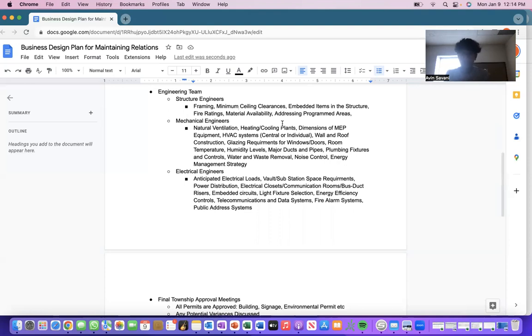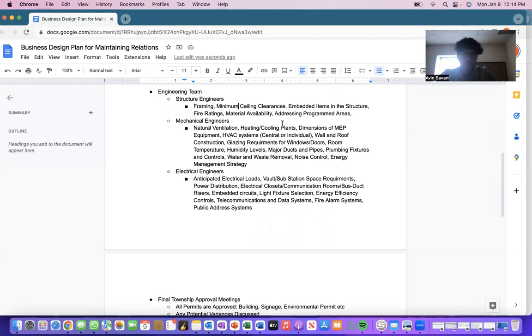So if there are any programmed areas, I would also say coordinated with the electrical engineers, then the structure engineers are also involved with that too. So that's that. So I would also say structure engineers are more focused on cost savings as well and sourcing the best material that can come at a reasonable price for both them and the developer.